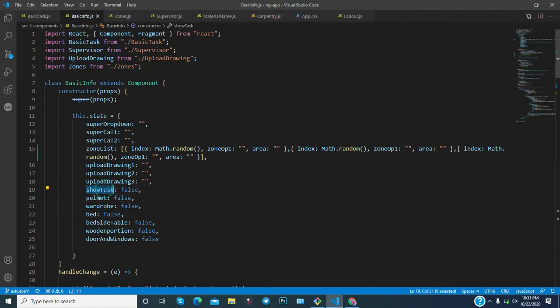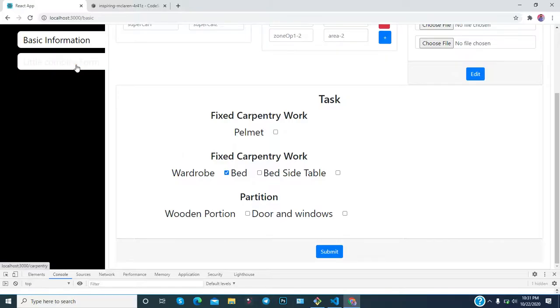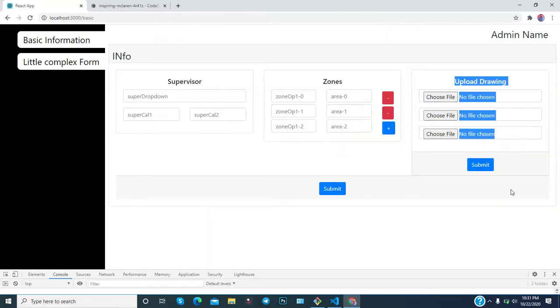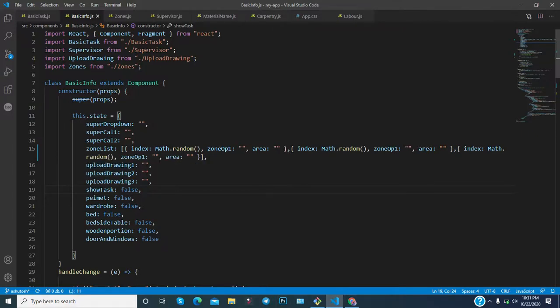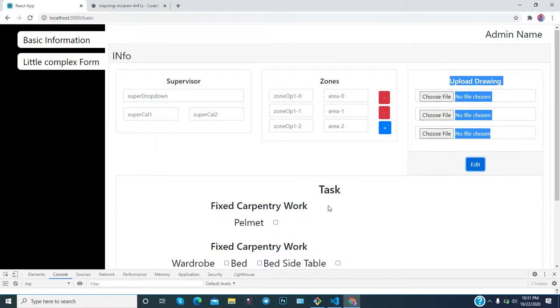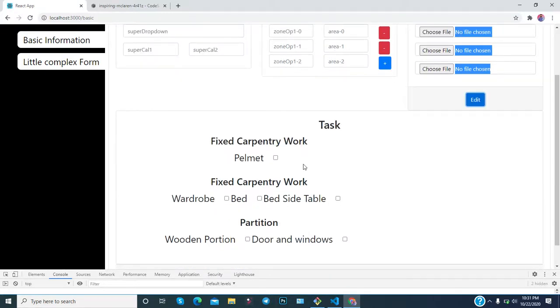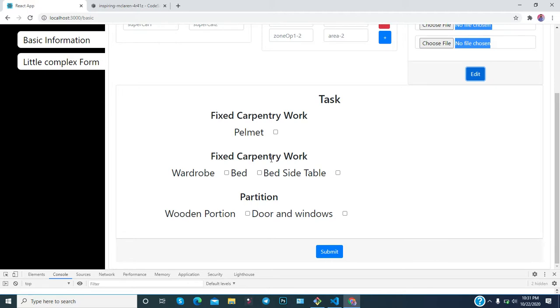And you can also notice this is show task. This is another thing, for which initially it will be hidden. If you click here and here, it will remain hidden. If you click this submit button, then show task becomes true, and then this will be visible based on the condition. We have provided a ternary operator for the condition, so that if that particular value is true, then this will be visible. That's why we are showing or hiding and writing some conditions.